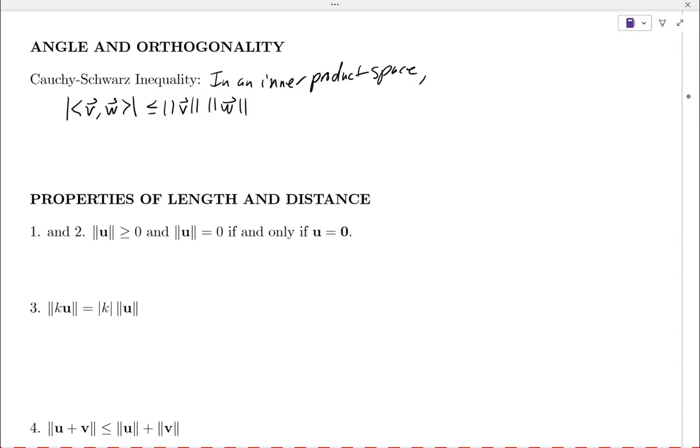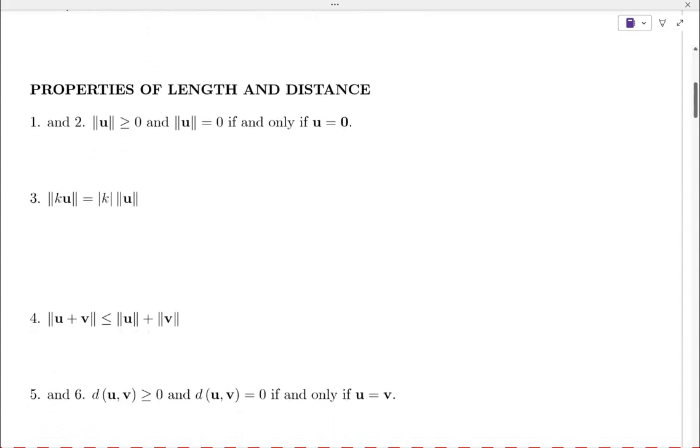Okay. All right, so let's talk about some of these other properties that we have for length and distance here. 1 and 2 we already know. That's just a consequence of the axioms, right? So this is literally a consequence of axiom 4, because we define length in terms of inner product with itself. Okay. 3 is not bad,